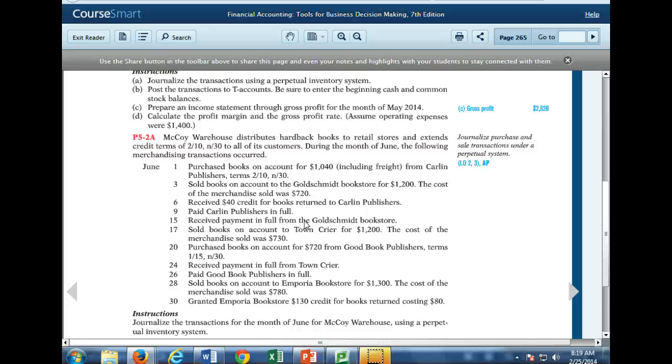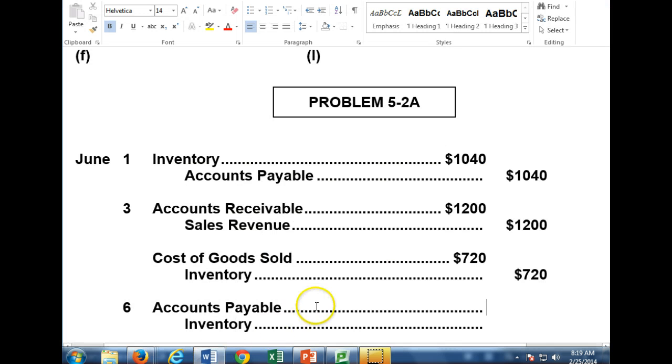It's going to lower our inventory and lower what we owe them, isn't it? So a debit to accounts payable of 40 and a credit to inventory of 40, isn't it? Make sense? Okay, then the next one,